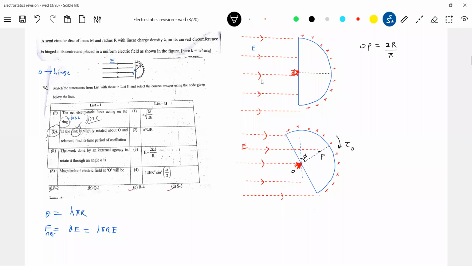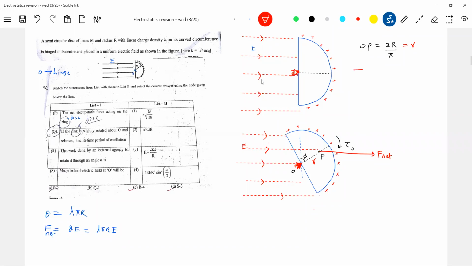So the total force, what we calculated, no? So that will be Q into E. Total charge is Q. That will act through this particular point. And it will set up a torque. So let me take this as R. So what is the angle between R bar and that one? It should be phi only.